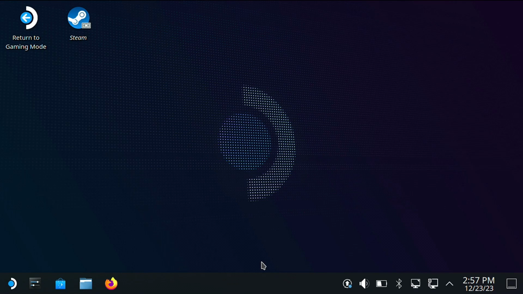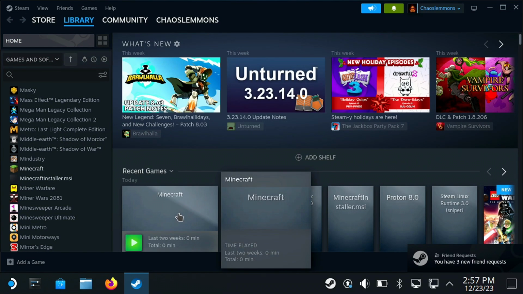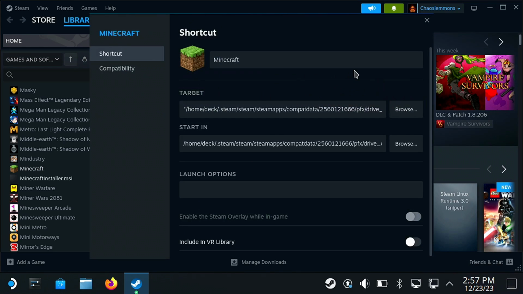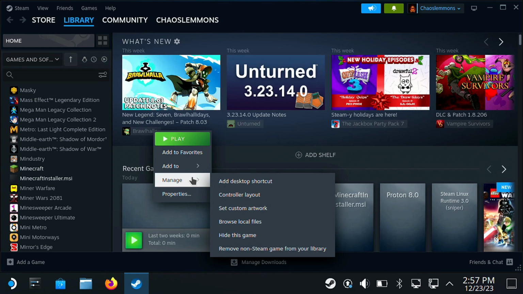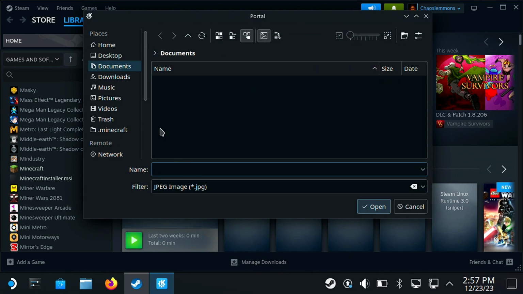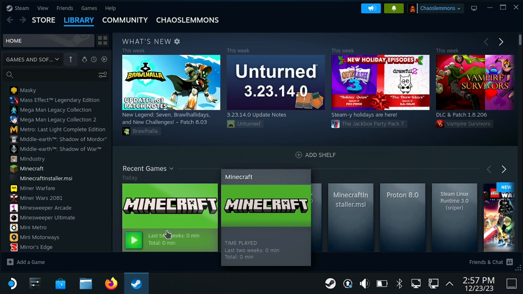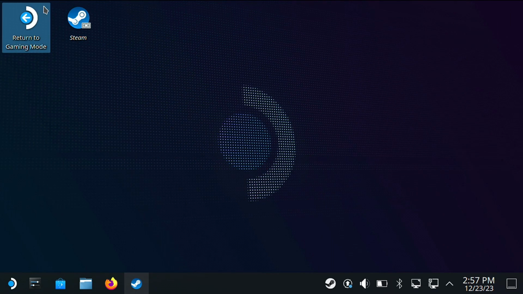So we're going to jump here to desktop mode again. And then we're going to open up Steam. And now that Minecraft's the most recent game we've played, you'll see right here the banner. So if we click on this, we can set custom artwork. That's what we want. And then we're going to go to the downloads here, and we're going to do this one here. We got that green Minecraft. And now, if we close out of that and return to the gaming mode,